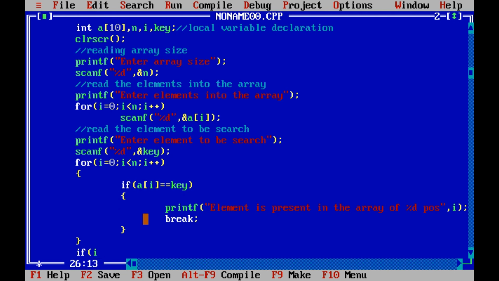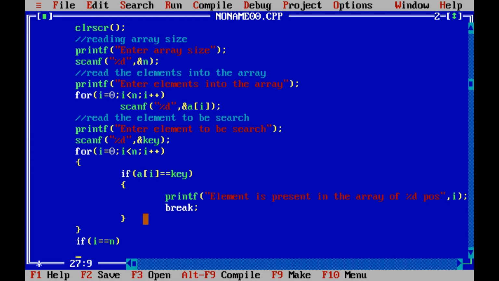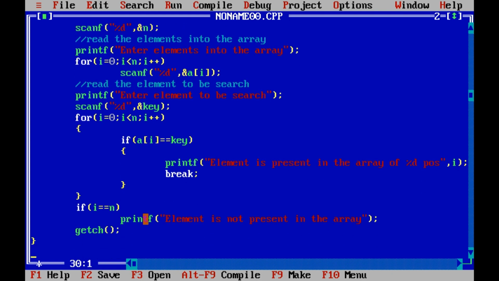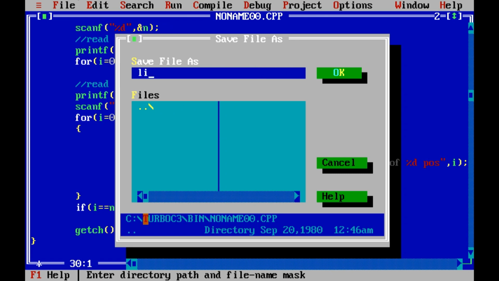Otherwise, check whether the search has reached the end of the array. If it has reached the end of the array, that means not the n minus 1th position but the nth position, then what does it mean? The element is not present in the array. That's it. Use getch, close your main function,